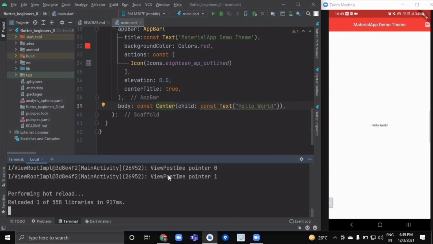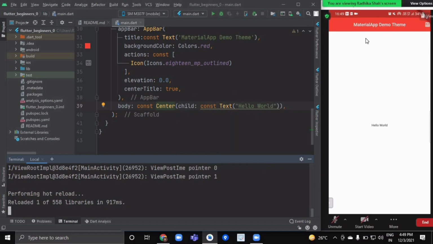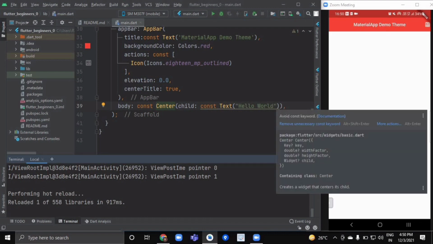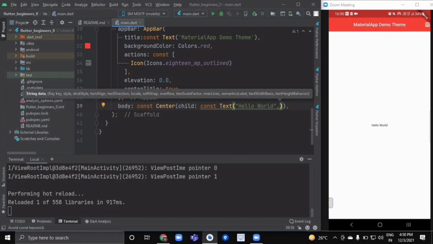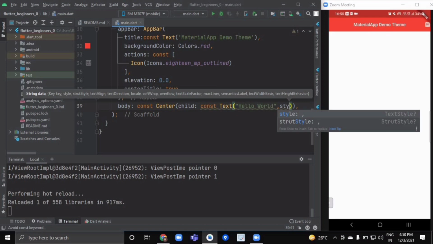As you can see, in our scaffold body we have a text which is wrapped inside a center widget. Now this center widget tells our Flutter application that whatever the visible and the remaining area on the screen will be occupied by this center widget. So the center widget will completely occupy this remaining area, and inside it will have a child parameter which will contain our text attribute. Now you can also provide some font or any sort of sizes, text style to your text widgets as well by using the style attribute.